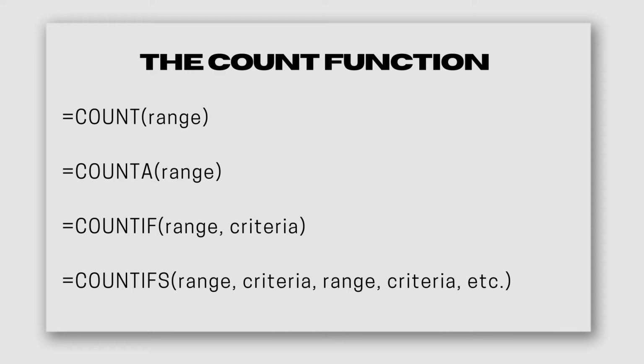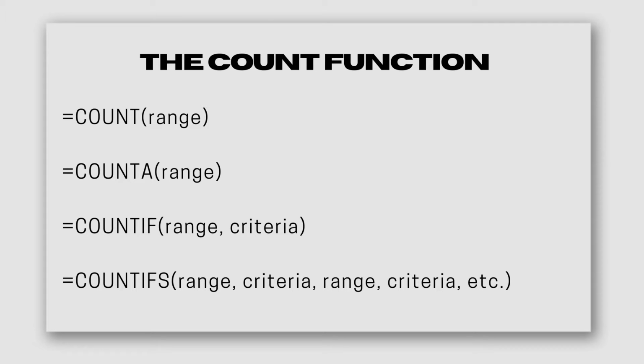If you have a column of data with multiple pieces of information, such as gender categories, you can use the COUNTIF function to count only a specific criteria. Simply type =COUNTIF, and then parentheses, select the range, followed by a comma, and then input your criteria in quotation